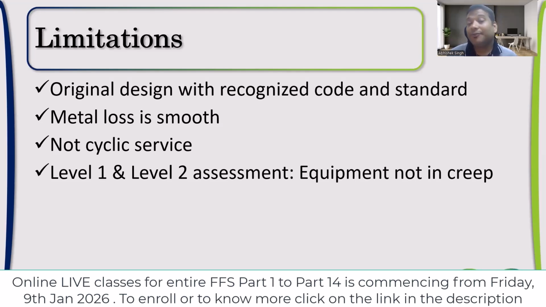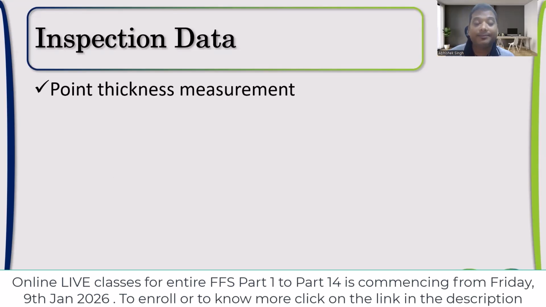So again, Level 1 and Level 2, if you are doing the assessment, it should not be in the creep zone. Again, for creep also, you cannot use Level 1 or Level 2 assessment. So these are the major limitations which are there by analyzing Part 4. Apart from that, what is the inspection data which you have to take